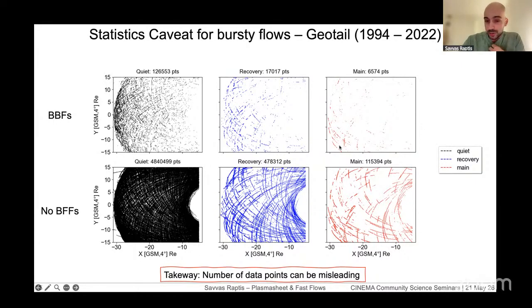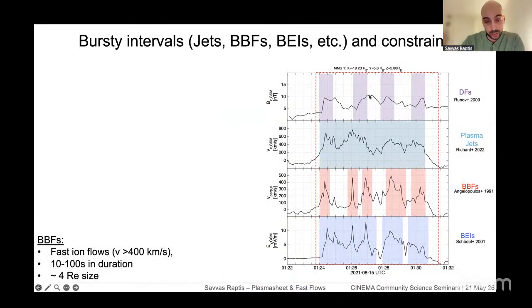My takeaway, which is not the most positive one, I know, but at least I think it's something for us to remember, is that sometimes when we say the number of data points we have or events, it can be misleading, especially when we don't take into account the sparsity in the spatial domain, but also the actual driving conditions that we have for each of those events. Again, we can't do anything apart from waiting for our satellites to gather more data or send more things up there. But it's good to remember that as a caveat in terms of our statistics. Still, we can do certain things with those data.